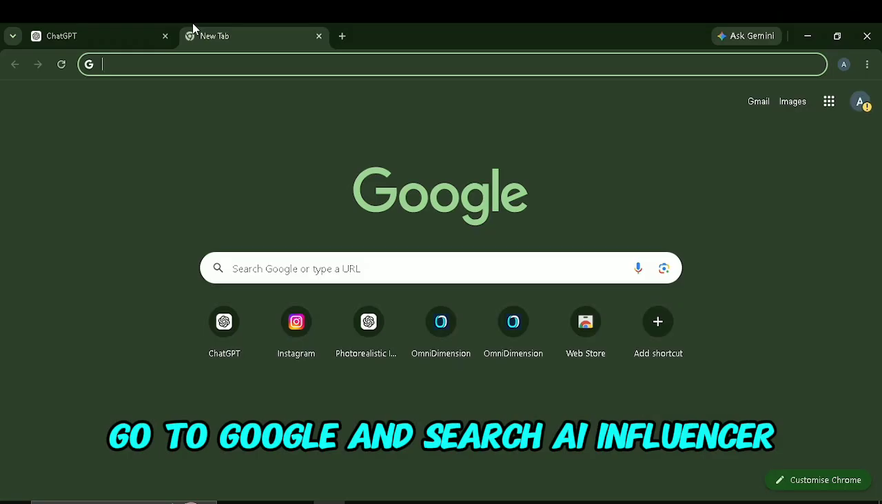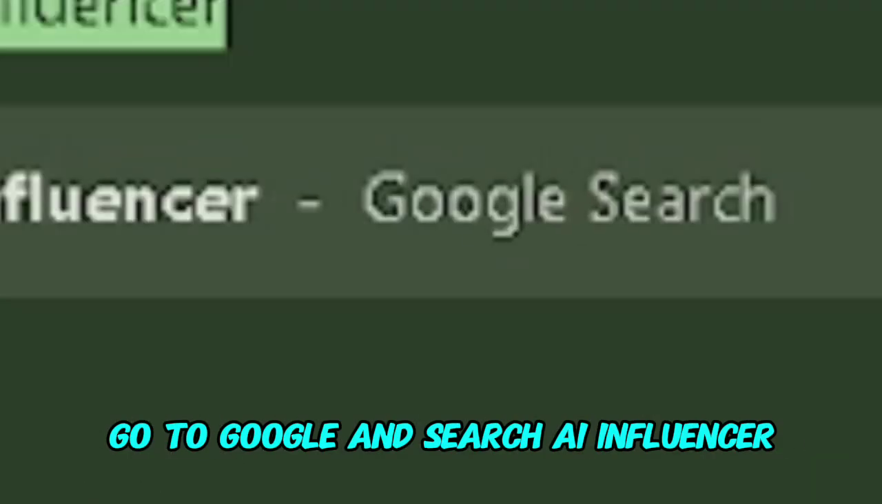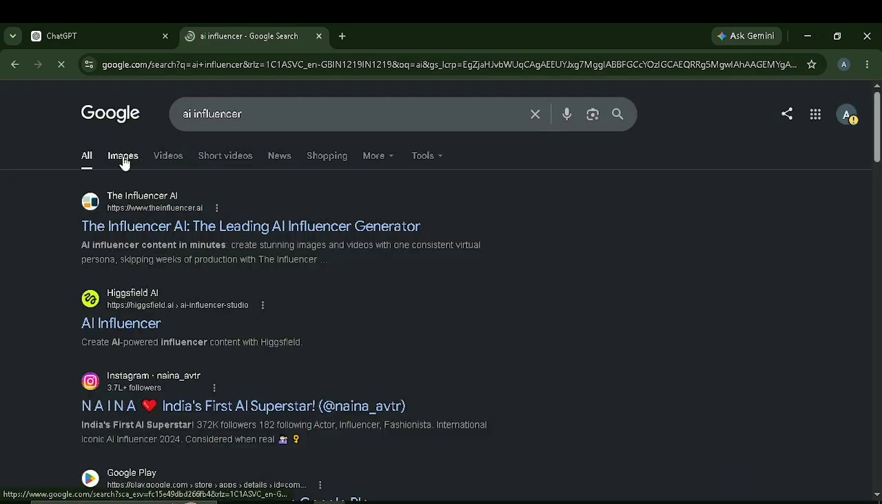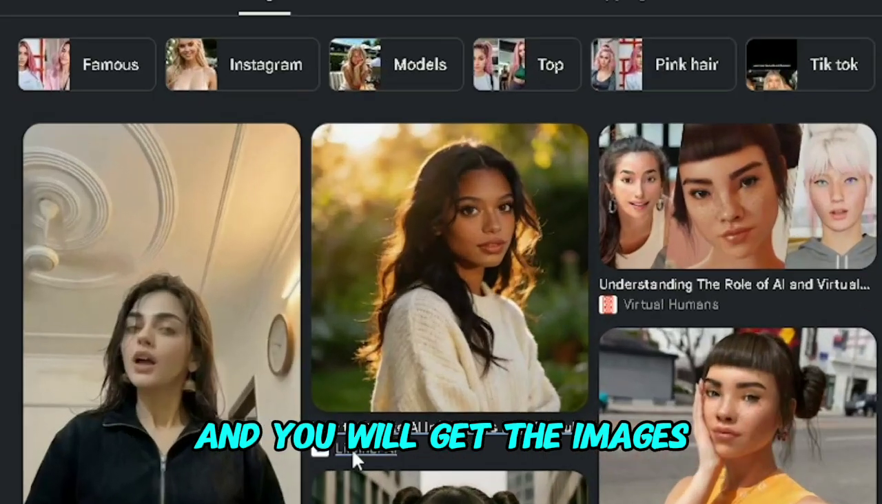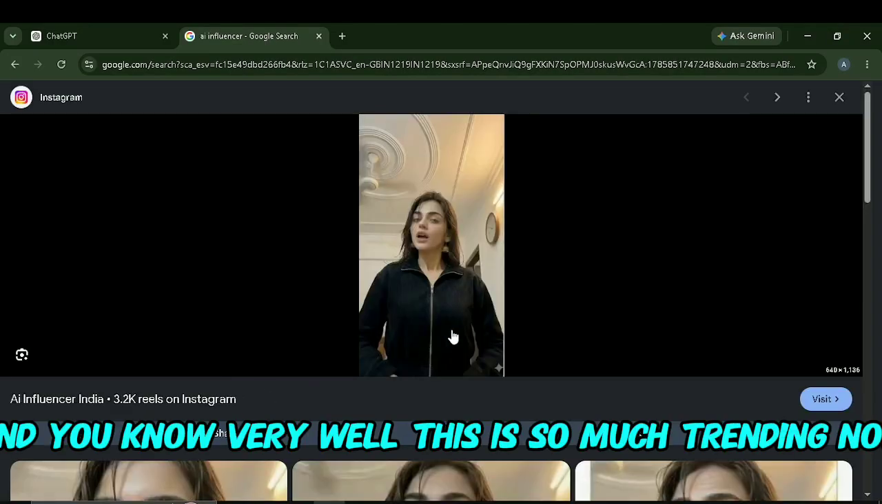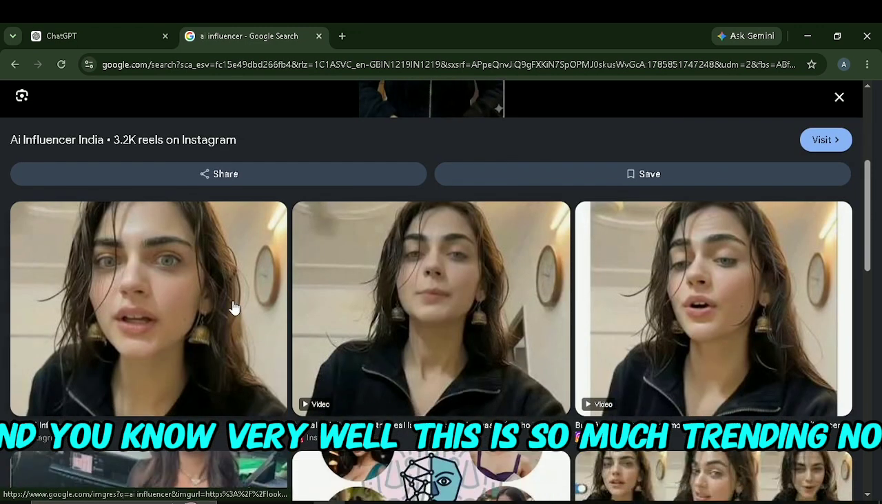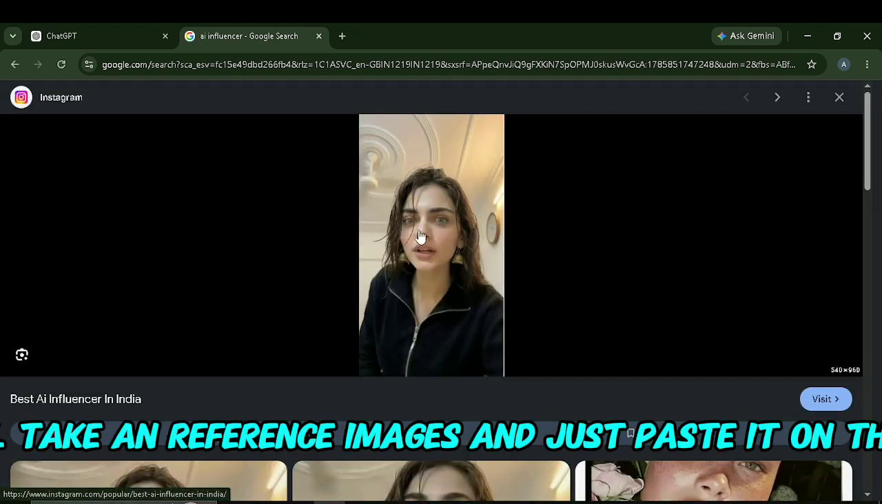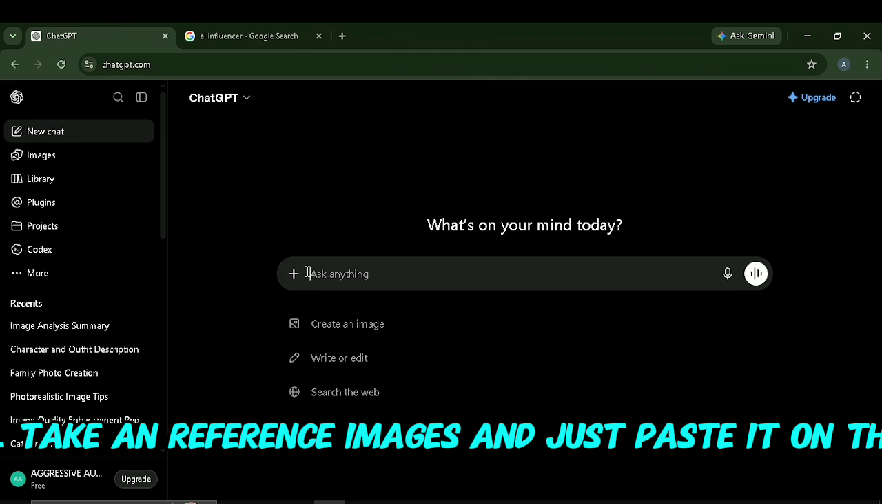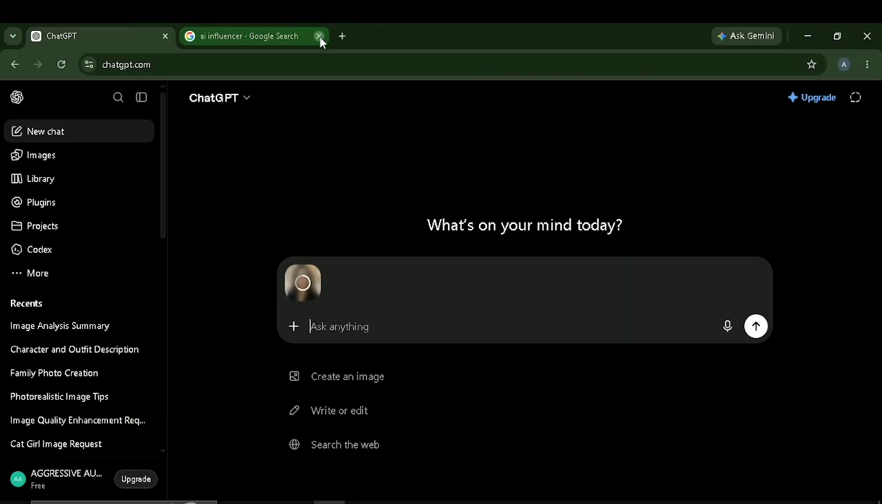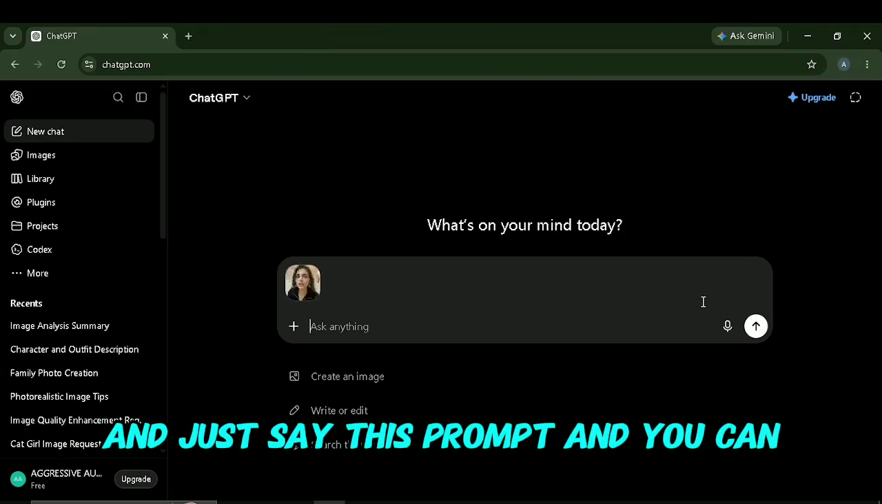Go to Google and search AI influencer, and you will get the images. And you know very well this AI influencer is so much trending now. So you will take a reference image and just paste it on ChatGPT and just say this prompt, and you can also